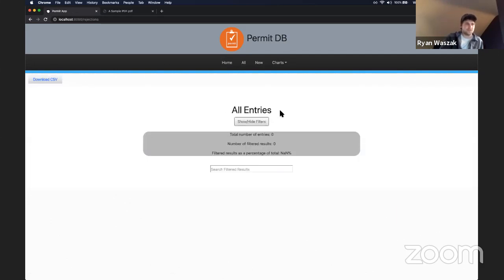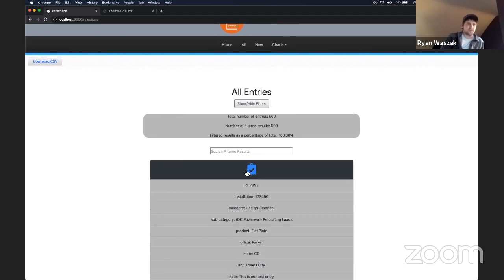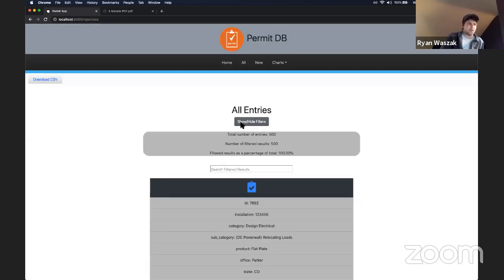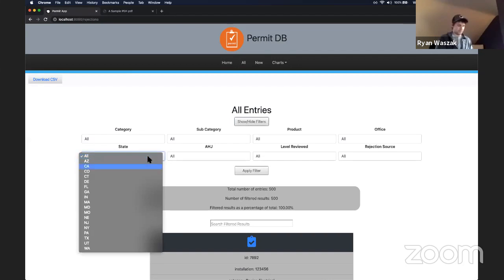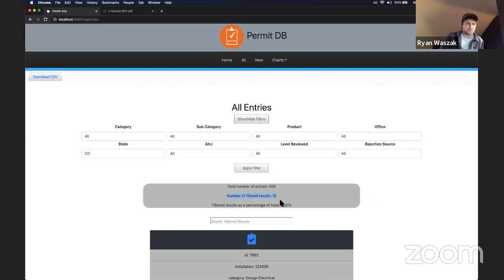And this just takes you to a page that shows all of the rejections that have been entered into the database. So currently we have 500 rejections total throughout the company. In this hypothetical, this is all made up data here. But you can view all 500 and scroll through them, or apply a filter here. So let's say we just want to look at the rejections we've received in Colorado. You can hit Colorado and apply filter, and you can see that the number of filtered results went down from